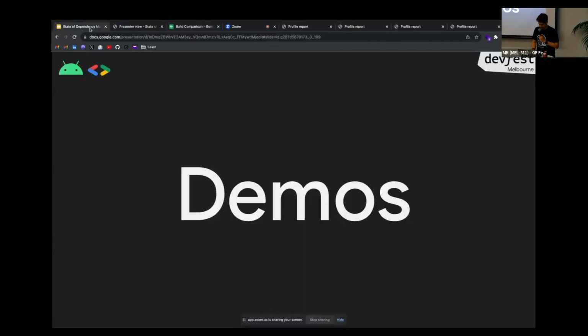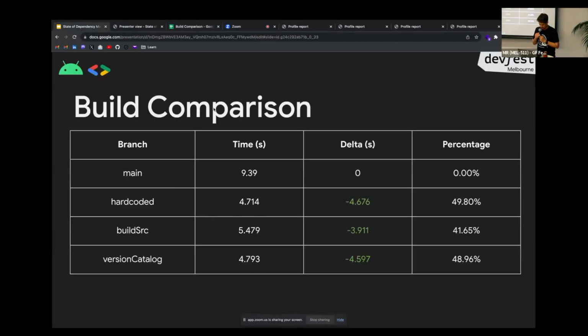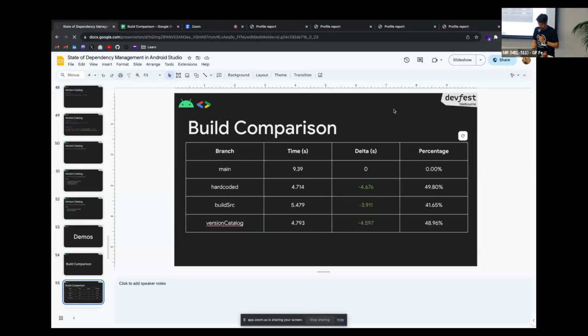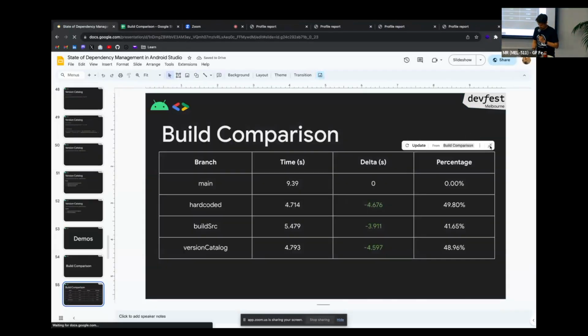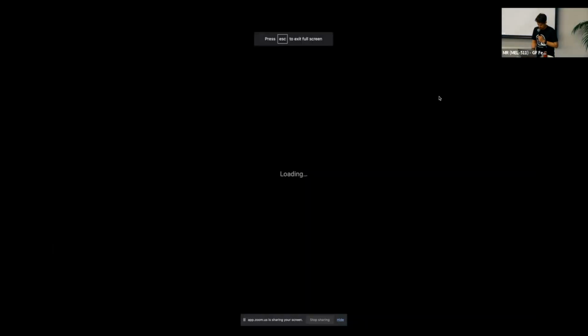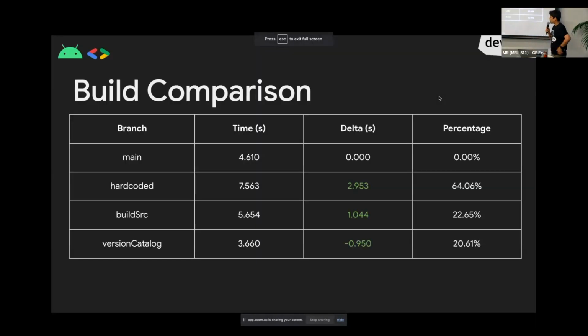Okay, going back to slides and refresh. Right, there you go. So we've got the updated values. As you can see, the hard-coded one is the slowest.